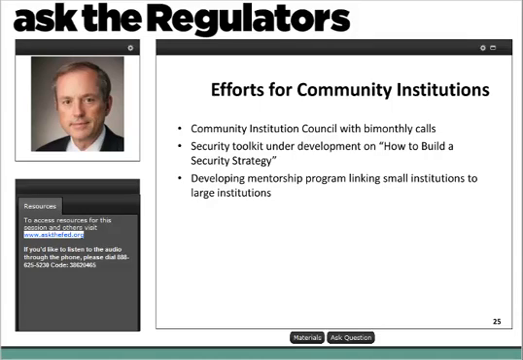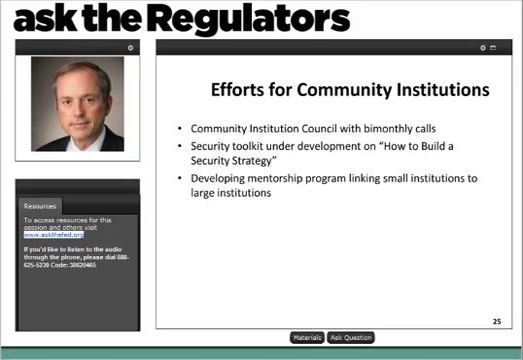While this is being developed, we're creating a mentorship program to link smaller institutions with larger ones. This will help facilitate communication across the sector. Let's now move to slide number 26 to look at a recent example of information sharing that was actually initiated